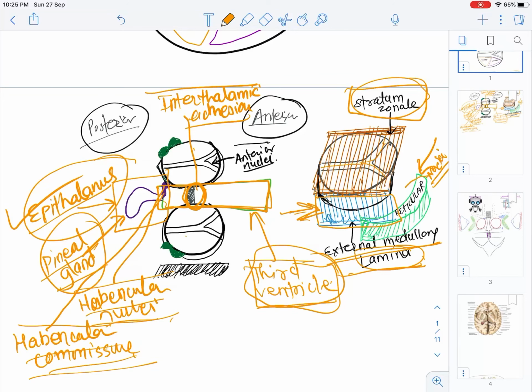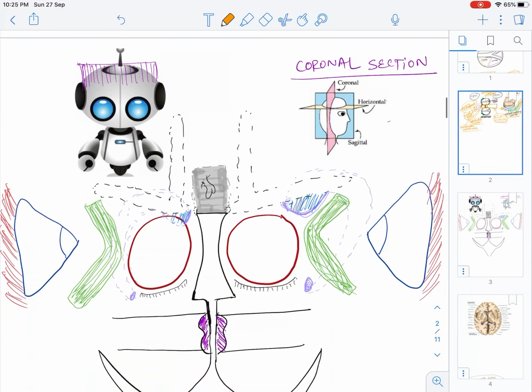And why am I telling you this? Because the reticular nucleus is considered one of the nuclei of the thalamus. That's why you should know what the reticular nucleus is. So by now you should know the stratum zonale is a superior white sheet covering, the lateral white sheet covering is the external medullary lamina, and outside the external medullary lamina there is the reticular nucleus. You just remember the anatomy, and then every function we will see later on.